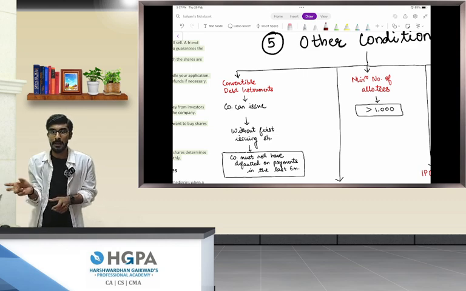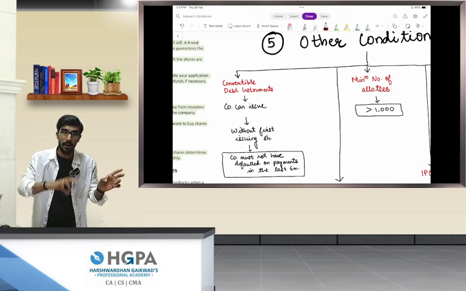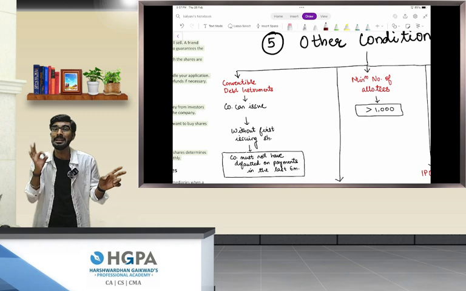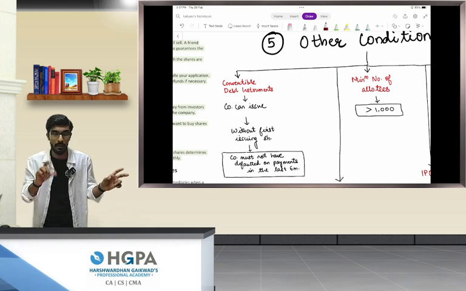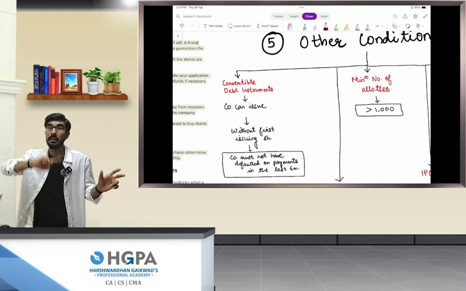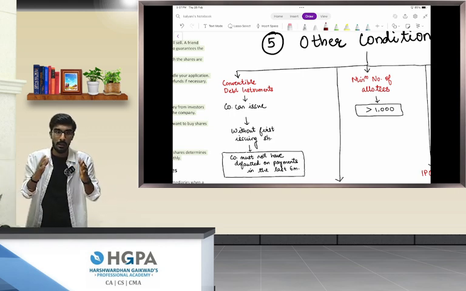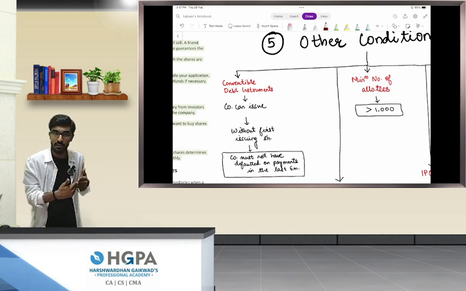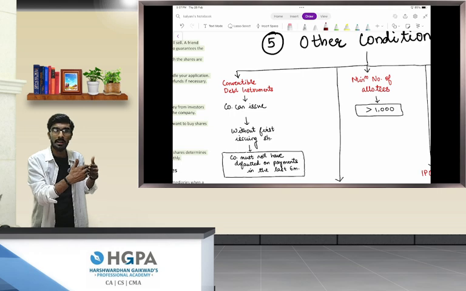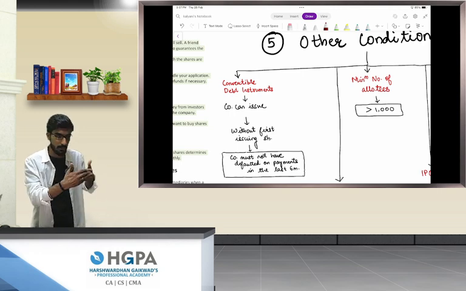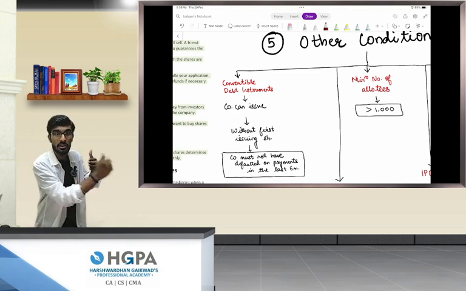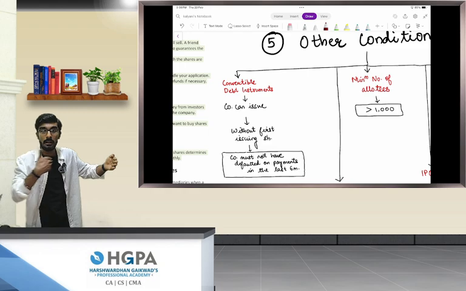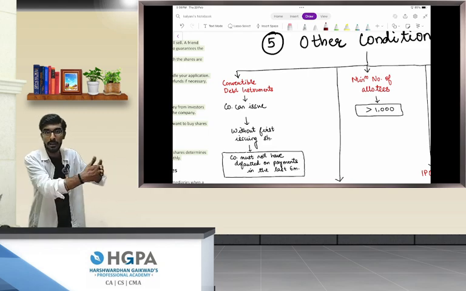Now, the shares can be equity shares, or it can be convertible debt instruments, that is, convertible later into equity shares. Basically, they are bonds, debentures, or other types of securities like warrants. These are convertible into equity shares after 1 year. Until that period of time, it is a bond.